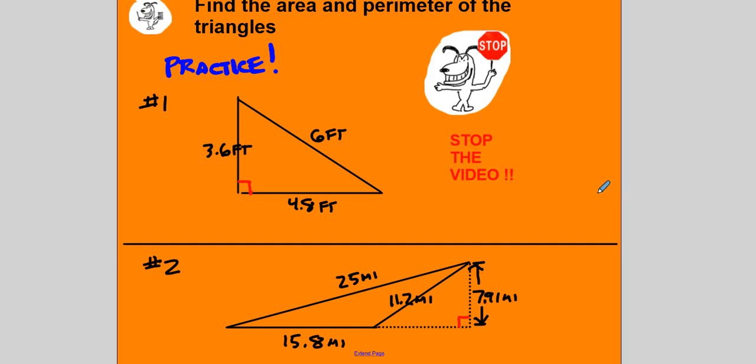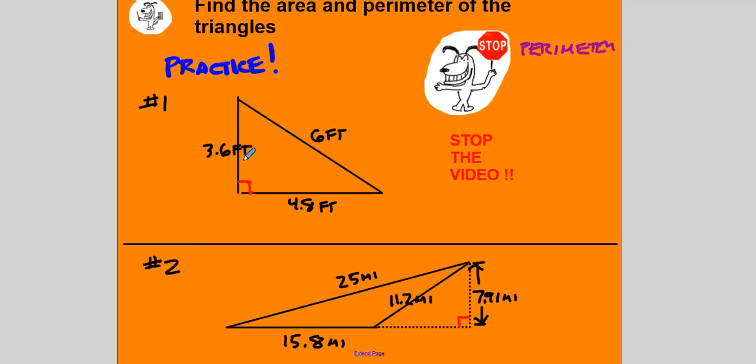So stop the video, do problem 1, then I'll go over it, then you can do problem 2. So we'll just do problem 1 here first. Alright, so let's do the perimeter here on this one first. You could have done the area, but the perimeter is going to be